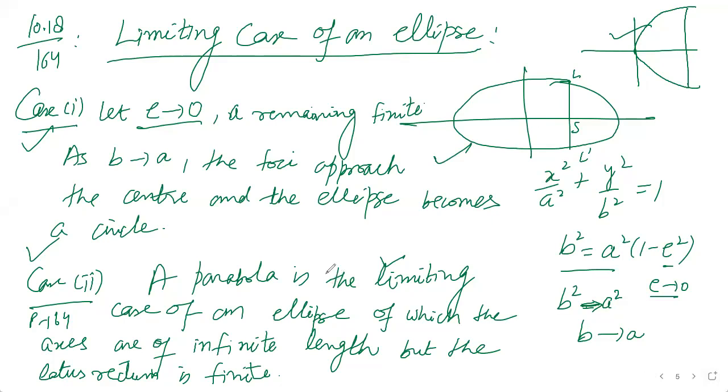I am skipping here, if you want to see you can see in the page 164, transferring the origin to (-a, 0) and then solving the equation of an ellipse। जब सॉल्व करेंगे तो ये आपकी पैराबोला की क्वेश्चन बनकर आ जाएगी, कुछ y स्क्वायर इज इक्वल टू 2kx टाइप का। इस केस को यू कैन सी फ्रॉम बुक, सी पेज 164, हाउ दिस इज अ लिमिटिंग केस।